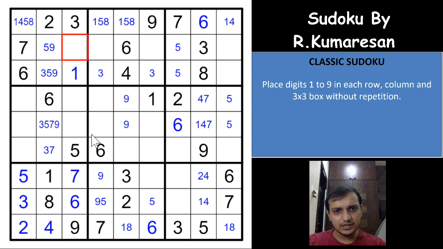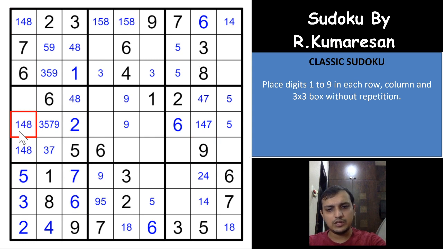So 2, 4 and 8 are the digits remaining here. 2 you have here, you already have a 2 here, which means you will have a 2 here, and 4 and 8 are the remaining digits, right? So 4 and 8, right? And because of the 5, we can eliminate 5 from this cell. It has to be 4, 1, 4, 8. So 1, 4, 8 and 9 are the digits here. 9 is already here, which means it has to be 1, 4, 8. 1, 4, 8, 9, and 1 is already here, 4, 8 and 9, right?